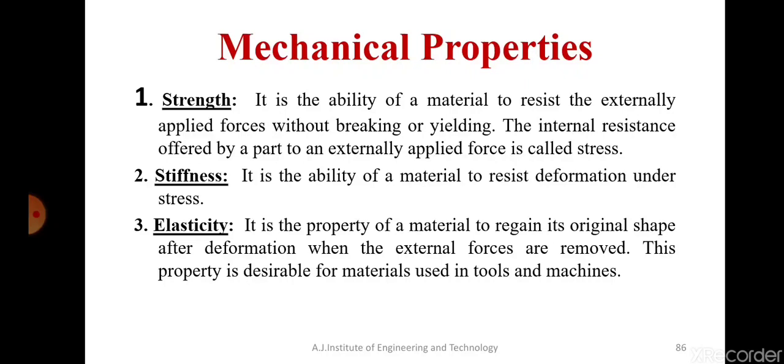So what happens is, suppose if you apply a tensile force on that, that is when you try to pull that material, it immediately deforms, isn't it? It will stretch. If you try to stretch a rubber band, for example, that is pull it from either side, it will immediately extend or stretch. But the moment you leave the load, or when you release that stretching, it will come back to its original position. That property of the material is called as elasticity. So some of the materials are very much elastic and some of the materials are not elastic.